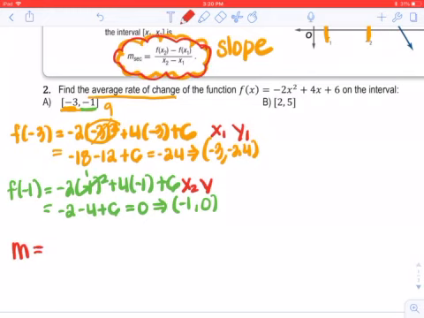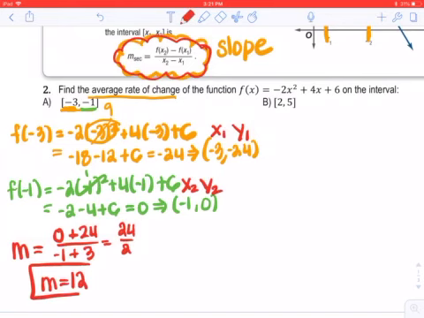M equals y2, which is 0, minus y1, which is negative 24, so I'm going to change it to plus, over x2, which is negative 1, minus x1, which is negative 3, so once again, I'm going to change it to a plus. That gives us 24 over 2,